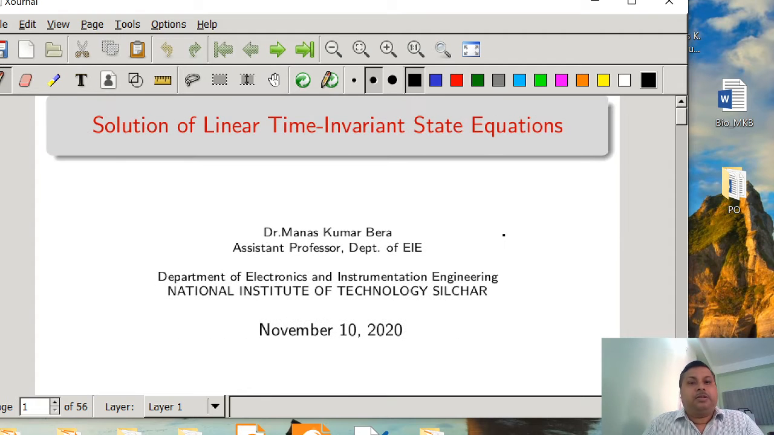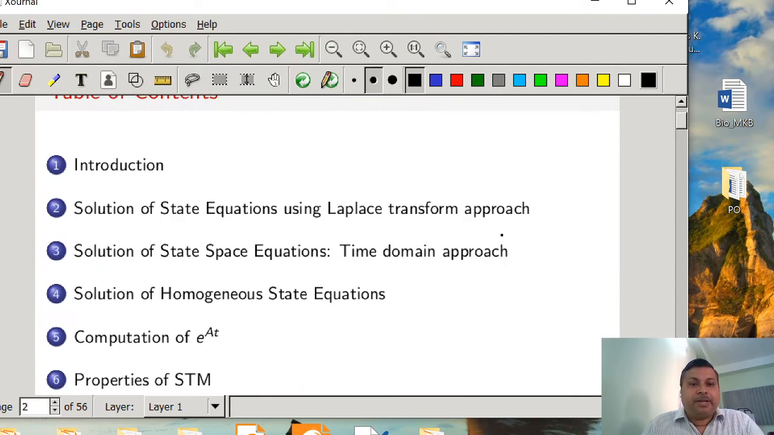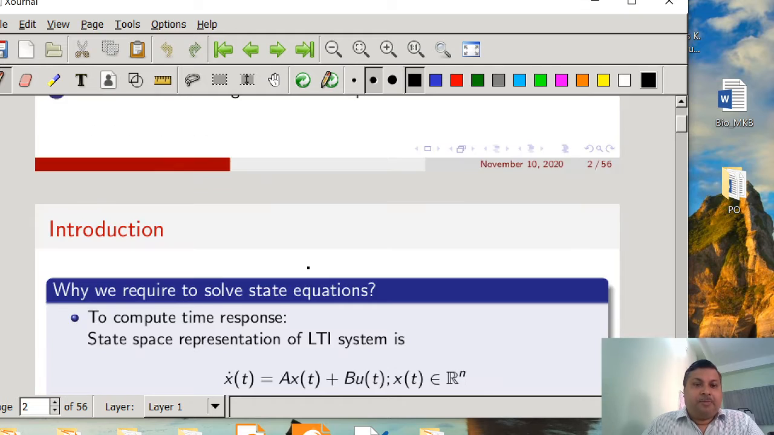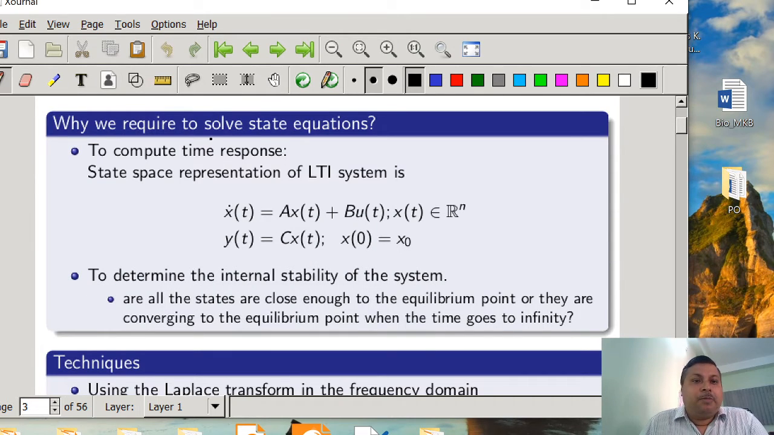Now the very first thing that comes to our mind is why we want to solve the state equations, because we have already seen in the previous lectures that a dynamical system can be represented in the time domain using the state equations and the output equations. Now we want to know why we want to solve the state equations. Mainly we want to solve the state equations for two objectives: to compute the time response, because you can see